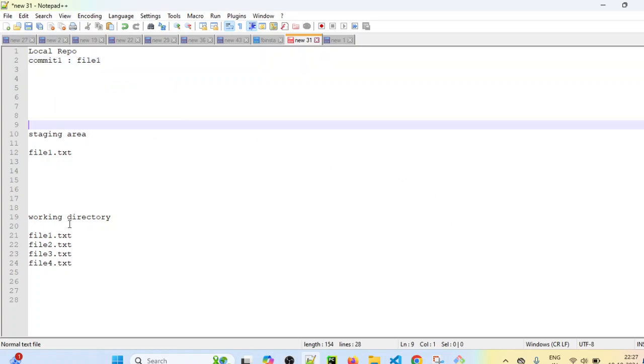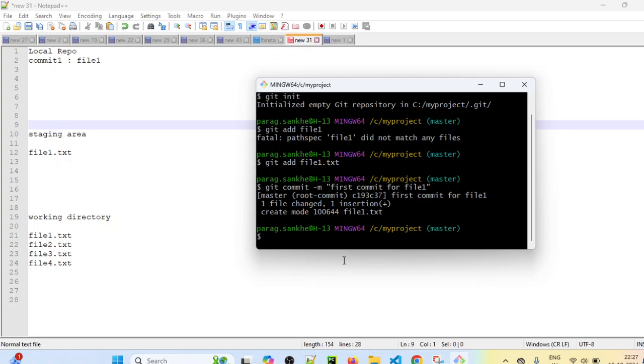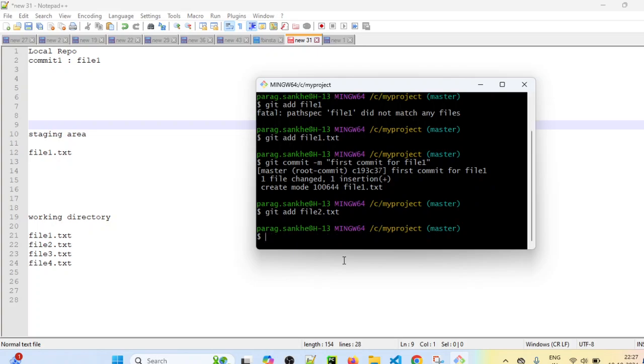Now I will again add file 2, file 3, file 4. All these files I will add one by one to the staging area and then the local repository. So let's add one by one. git add file2.txt. Then you can simply use git commit -m, and we have to provide a comment for that commit.